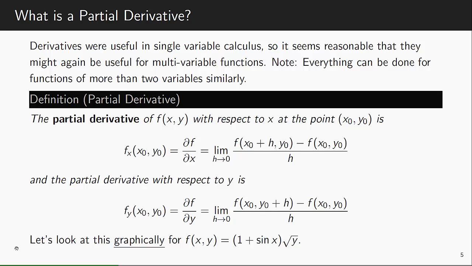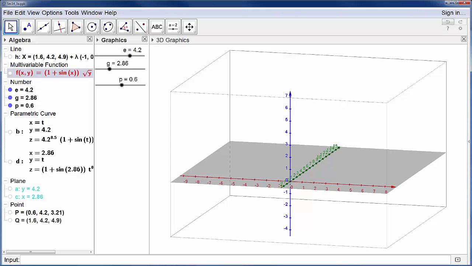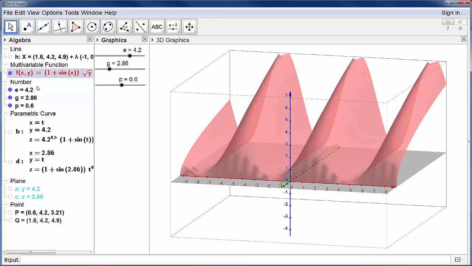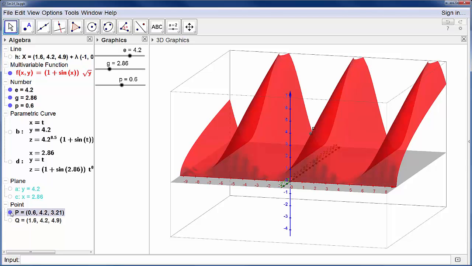Well, let's try to look at this graphically. So let's take some interesting function, 1 plus sine x times the square root of y. That's a multivariable function. And let's see what happens if we try to analyze this. So here's my function, 1 plus sine x square root of y. Let's graph that in 3 dimensions. It looks kind of like this. And we'll need some point. Okay, so there's my point there